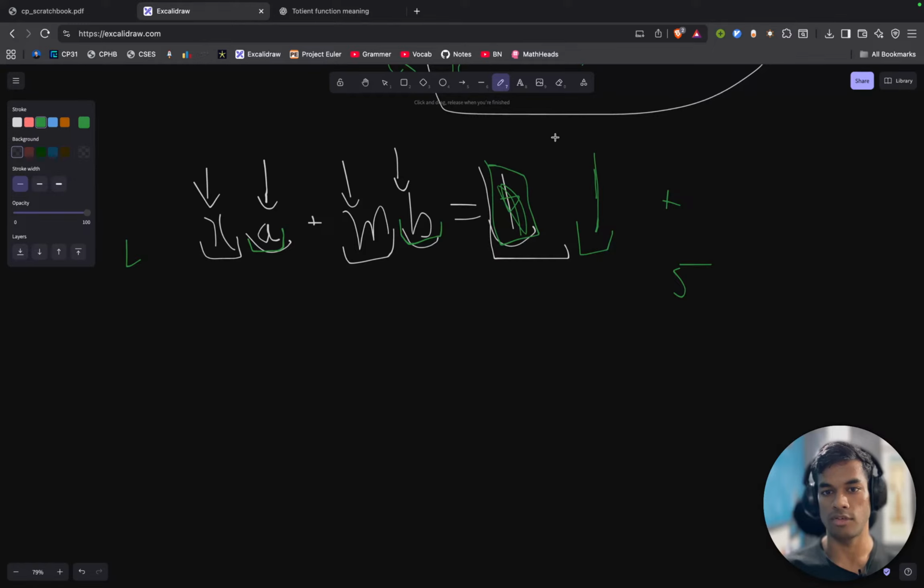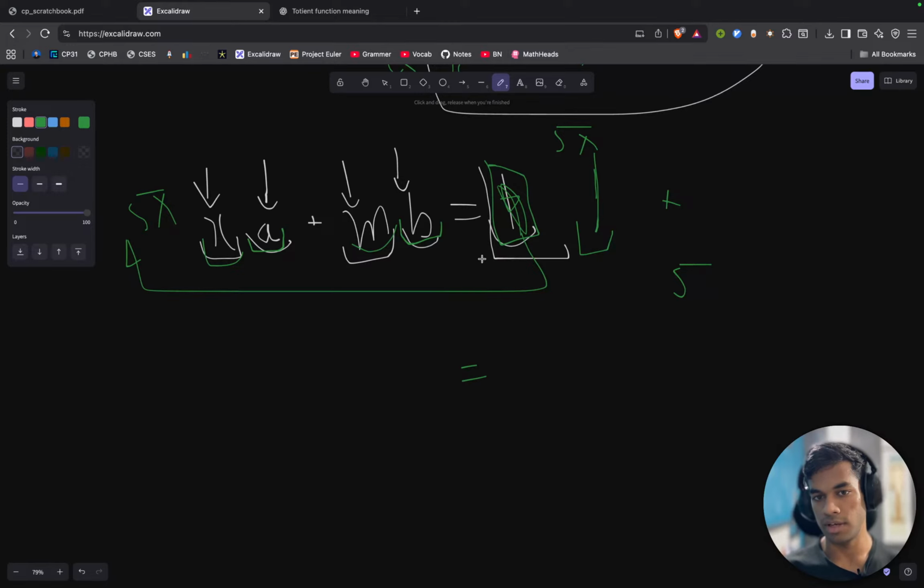To get 5, you can just multiply both sides by 5, and you can get any number, right? But if, let's say, x and m are not co-primes, then the least you could do is their GCD,